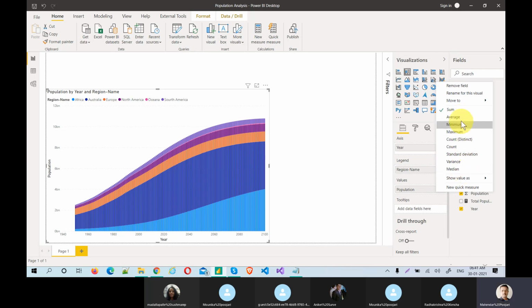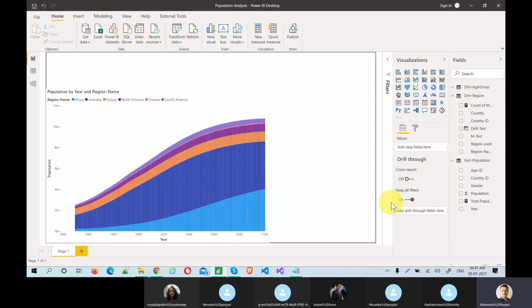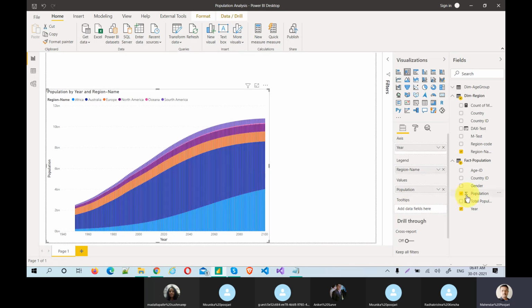That is why you can give the straightforward answer: don't do anything, I have already calculated total population. Don't unnecessarily waste your memory. That's how we tell Power BI not to use extra memory, because I have already used my memory to create the total population. That's where the measure comes into the picture.